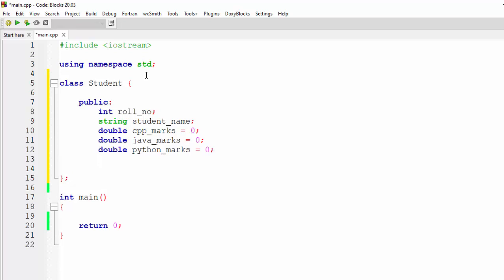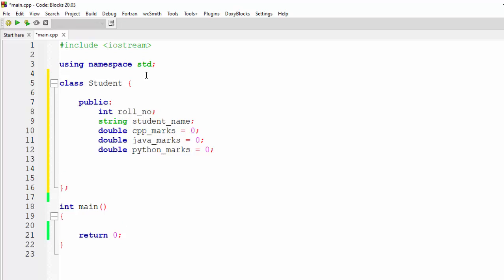is equal to 0. And a disclaimer here: this video is a part of an object oriented programming series. So in this video I am just trying to make this concept simple. We just want to learn two concepts: how to create properties and methods, and how to call them. We will not follow the best practices for now, because we will talk about the best practices of object oriented programming in the upcoming videos. For now we just want to understand the basics of object oriented programming. Now we have created these properties.